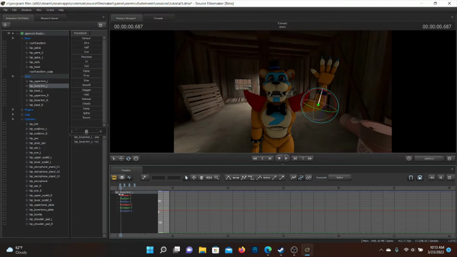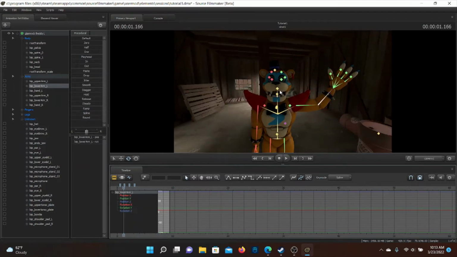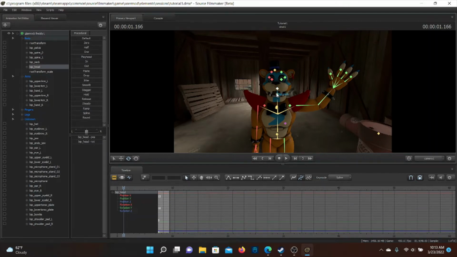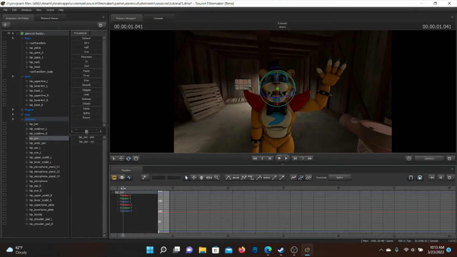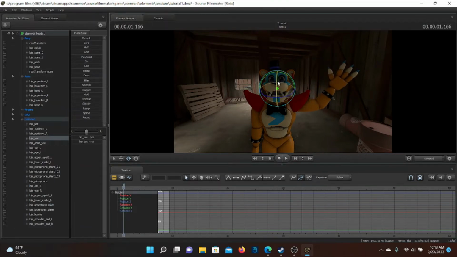So you can see first we added a keyframe by clicking. Then here we moved the arm a little bit, so it moved in the animation. So we just kept doing that, and he just waved. Now we're going to do the same thing for the jaw. It's back here somewhere. Jaw. So while he is waving, I'm going to click here to add a keyframe,